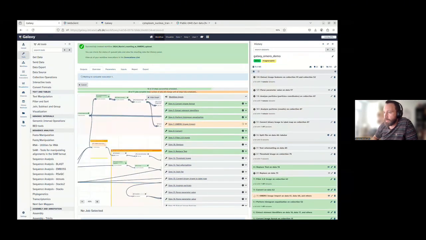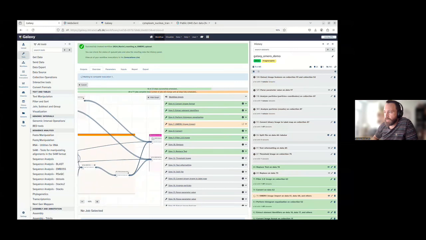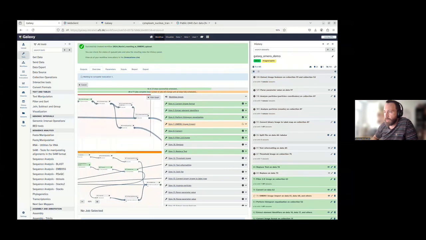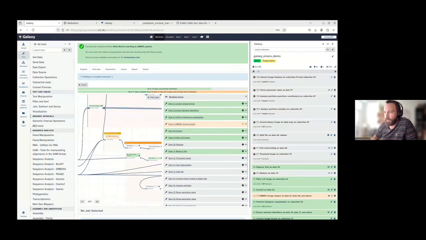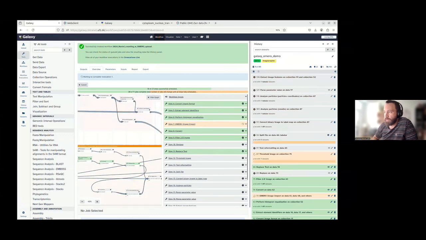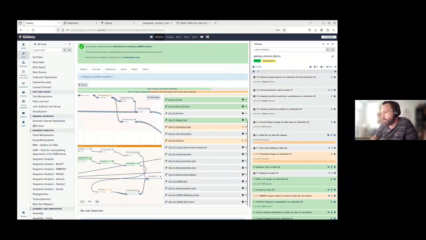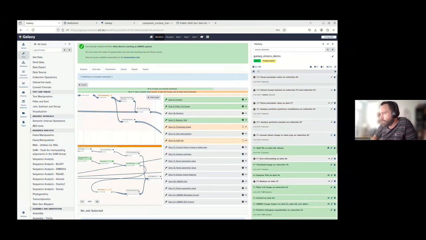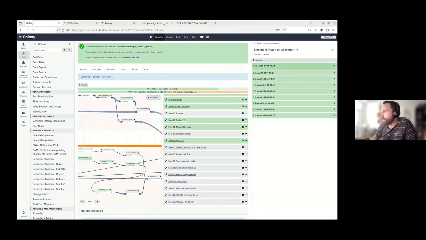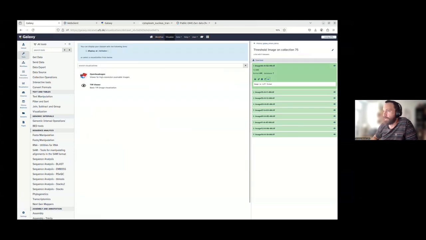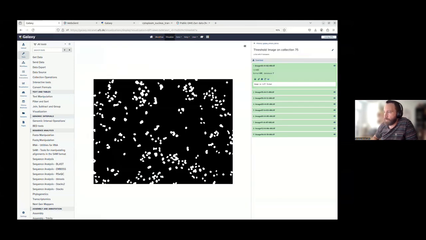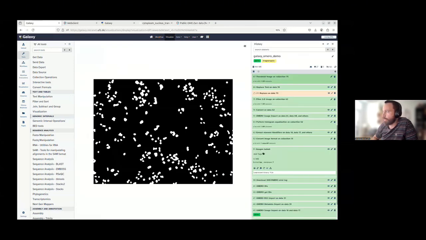As you can see, all the steps performed at the moment are in green, while some are still running. The Omero image import is running at the moment. It's performing some thresholding, splitting the file, some data wrangling. You can see they are running fine, it's going through. These are the results of the thresholding, for example. So this was performed within the workflow.